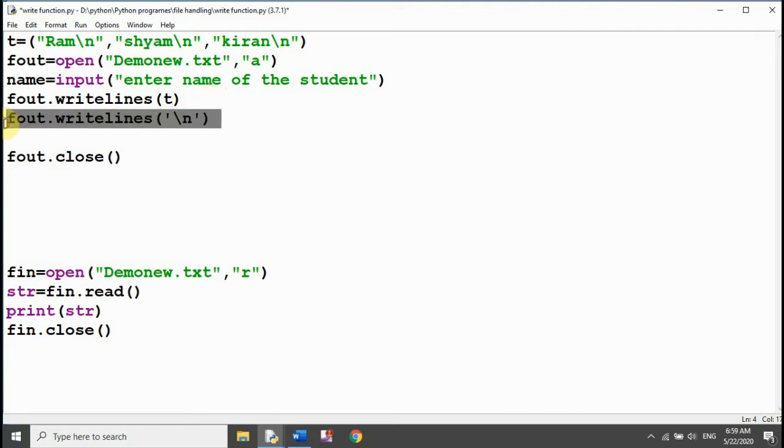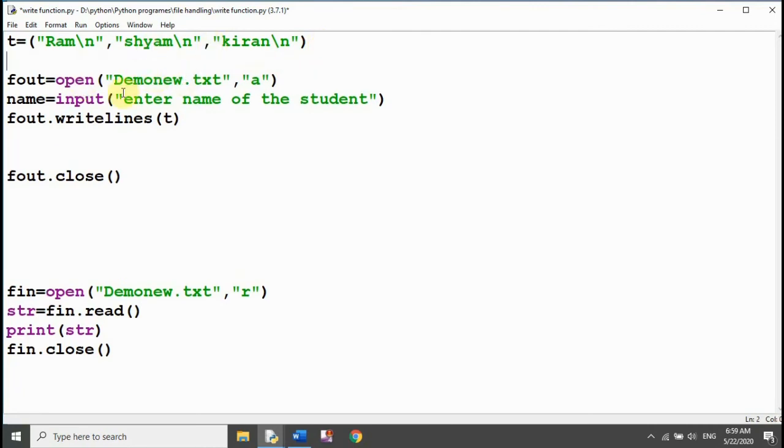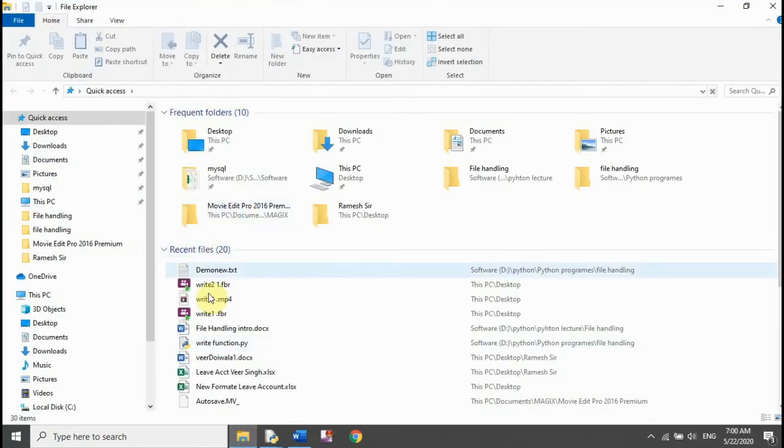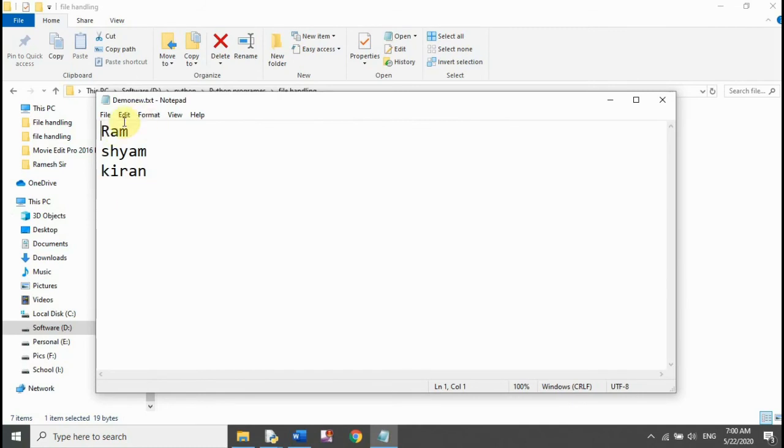Now we don't need this line, so we are going to delete this line. Now run this program. This is the tuple and we have passed this tuple into this function. Now let's check the output. Now this is the output. Now open the text file. This is the data in the text file.